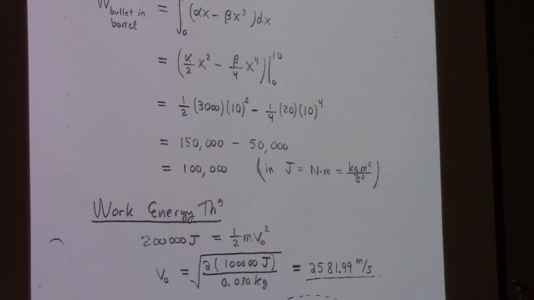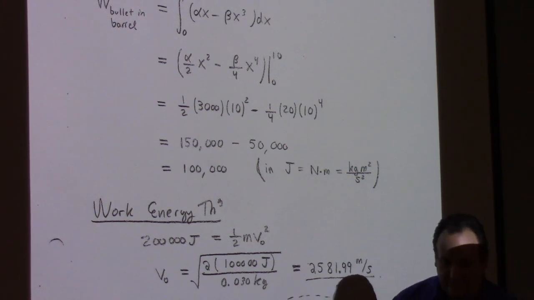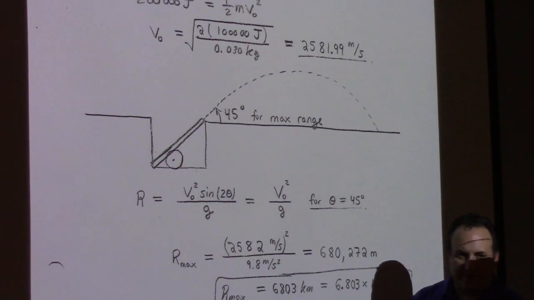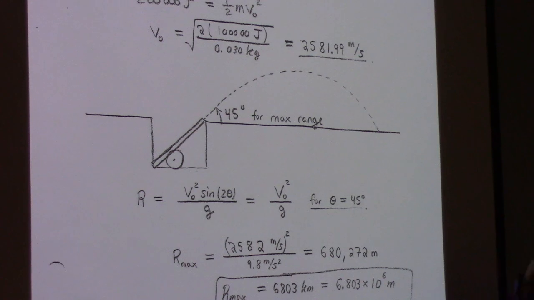First of all, I think I made an announcement that the force is supposed to be the net force while it's in the barrel, which means I can calculate the work done by the net force, which gives me, in this case, 100,000 joules. And then the work-energy theorem says... oh man, son of a gun. That's supposed to be a 1/2. I made an error and I thought I'd fixed all of them, but I missed that 2. Curses. Anyway, so I got that as my initial speed, and then I said that the height of the barrel and the end position were the same, so that ends up giving me,